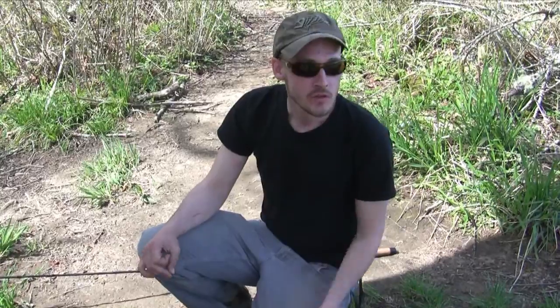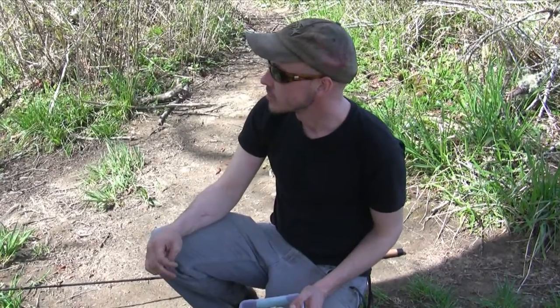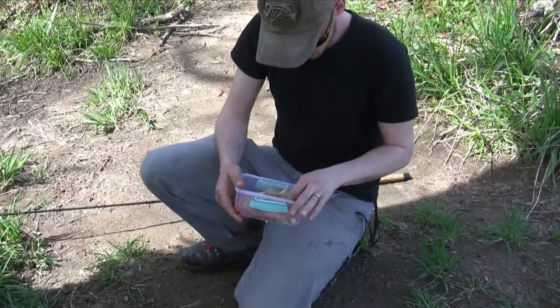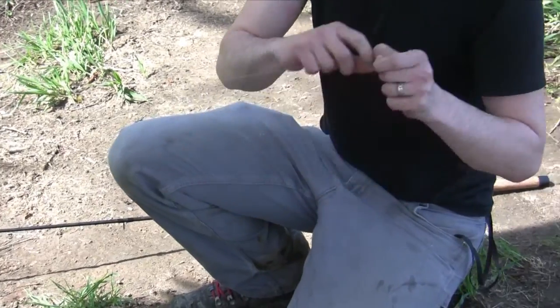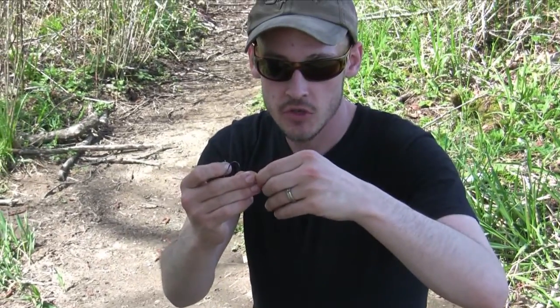Okay, so I'm going to show you how to rig a sand shrimp today because the conditions are perfect for fishing sand shrimp under a float today. So, what we've got here is a little sand shrimp and just a leader underneath the float with the weight, and most of the time you just pinch off the tail